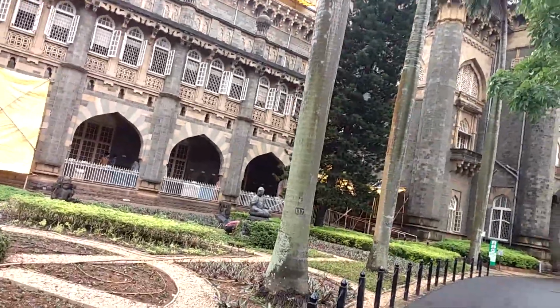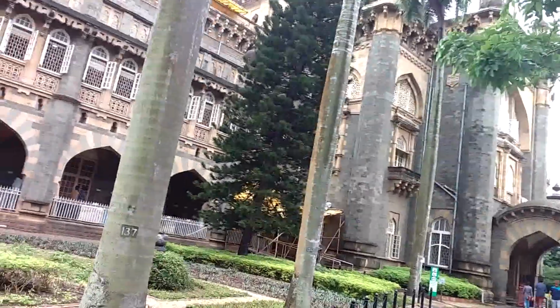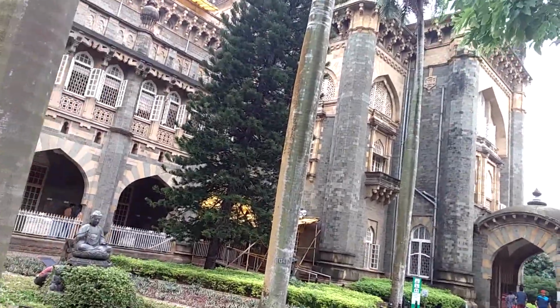And welcome to the Chhatrapati Shivaji Maharaj Vastu Sangrahalaya. Sorry, it's a very confusing long name, but it's a beautiful, beautiful structure, and it's one of the most iconic parts of Mumbai city. It's a place that I love coming to, and I thought I'd bring you guys along today and just give you a little glimpse as to what's inside and what's happening, and show you where